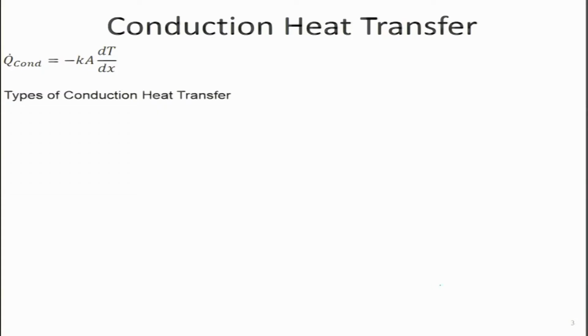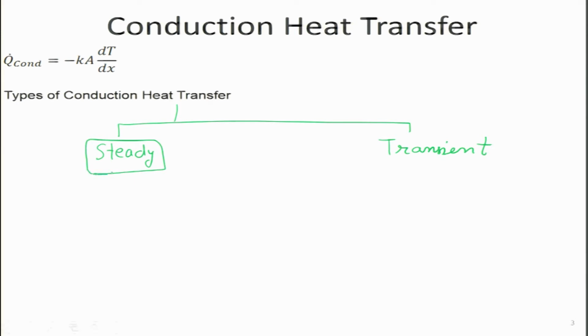So, let us start with the topic mentioned over here: what are the brief types of conduction heat transfer? Roughly speaking, we can divide conduction heat transfer into two cases. The first one is the steady case and the second one is the transient case. We will start first with the steady case. So, this is what we will look at today, and if we want to make things slightly more complicated, in each of these two cases we can have 1 dimension, 2 dimension and 3 dimension heat transfer, and similarly the same thing can happen in the transient case, 1D, 2D and 3D.